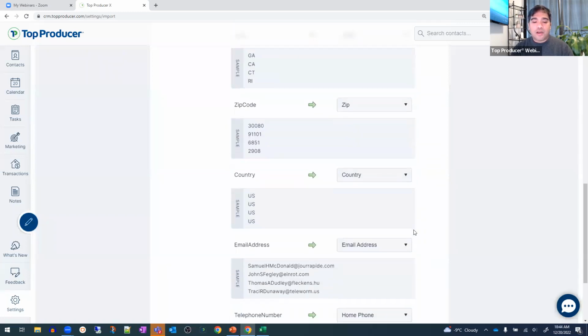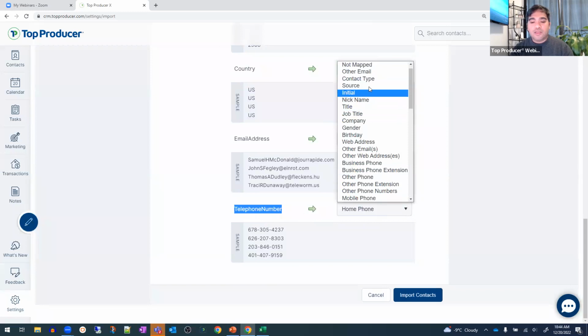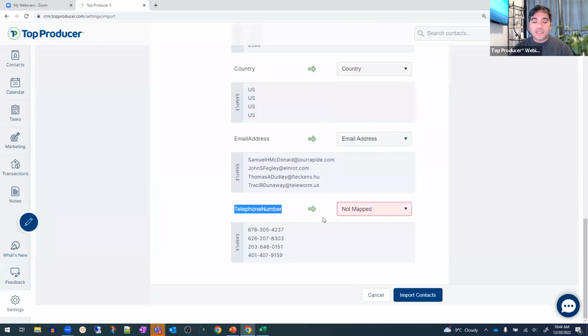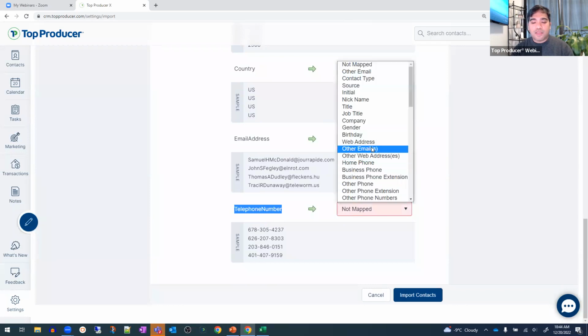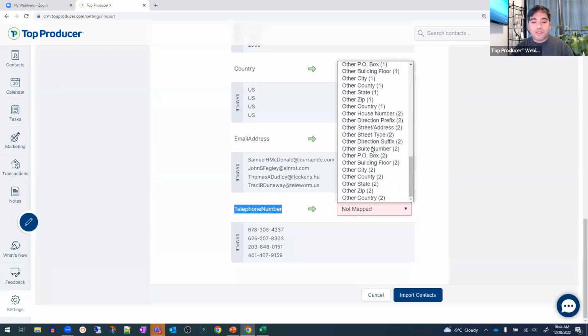Now, if there's a column in your spreadsheet that you don't want at all, let's say I don't need to import my telephone numbers for this spreadsheet, you can just select not mapped and it'll ignore that column and move on to the next column in your spreadsheet. If there's one in your spreadsheet that we don't have any matching column for, and you really want to import it in there,